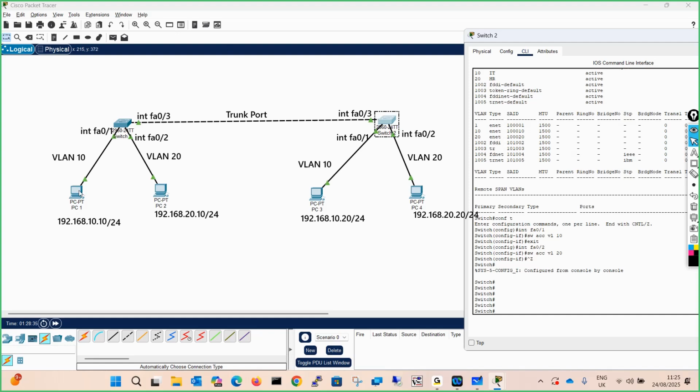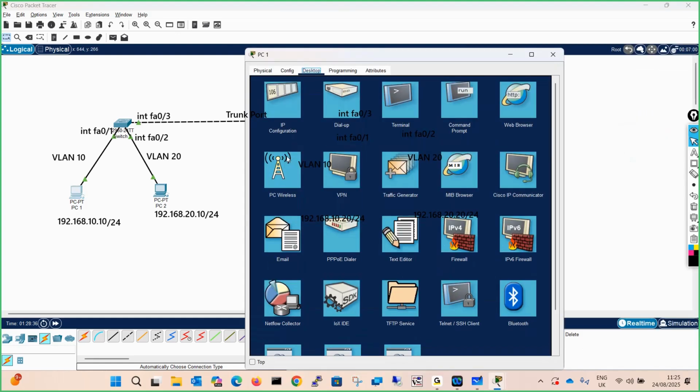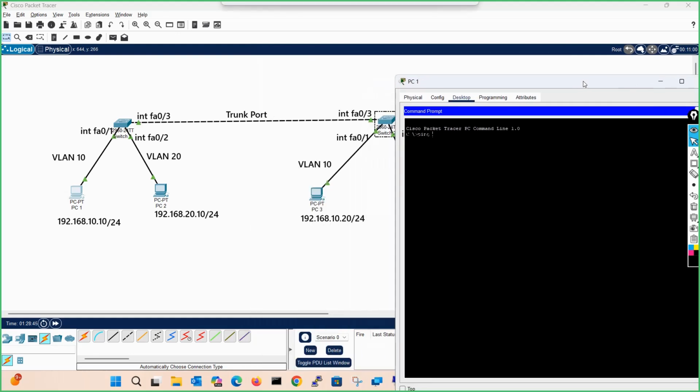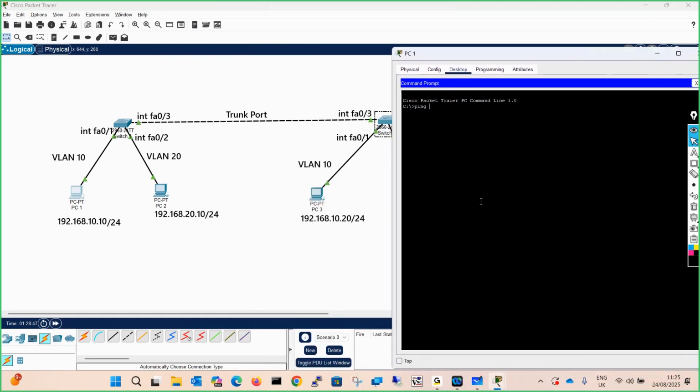Now just come to PC1, come to the command prompt and try to ping the IP address of PC4, which is 192.168.20.20.